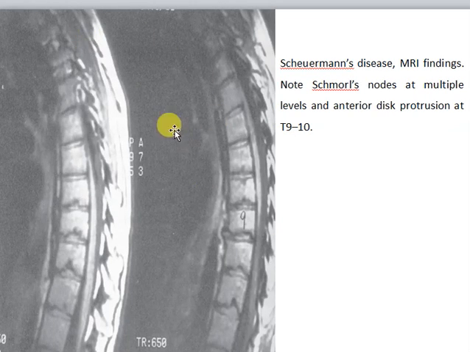And over here you can see the MRI findings for Scheuermann disease. Again, I must repeat, it is very clear to see the Schmorl's nodes. They are just the invaginations of the intervertebral disc into the vertebral body. So this is showing someone who habitually has axial loading, they develop these Schmorl's nodes, and these are also disc protrusions, but in the craniocaudal direction.